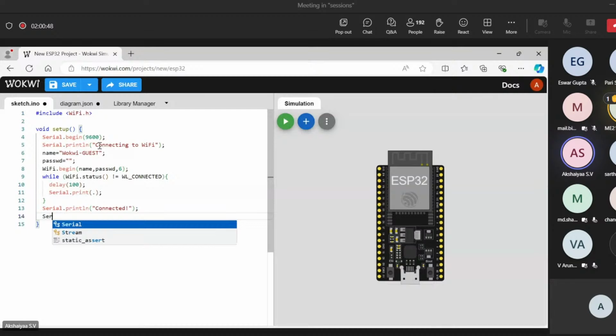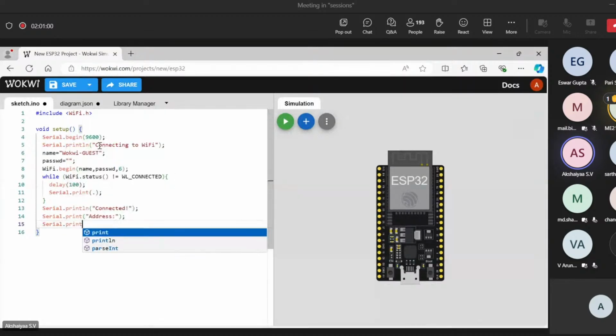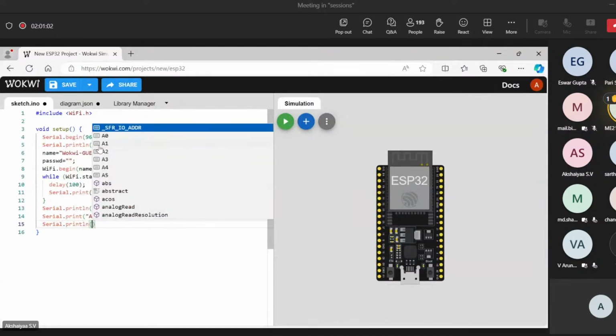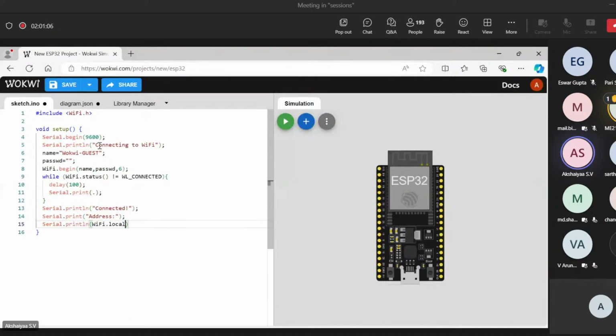So let's do Serial.println of "Address", then WiFi.localIP. This is the function which is there. And with that, the void setup is done.